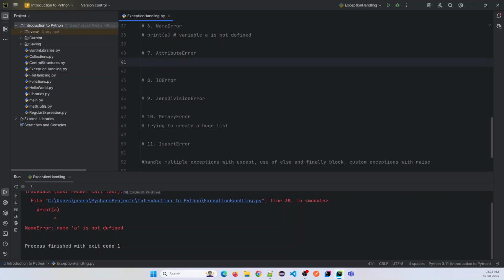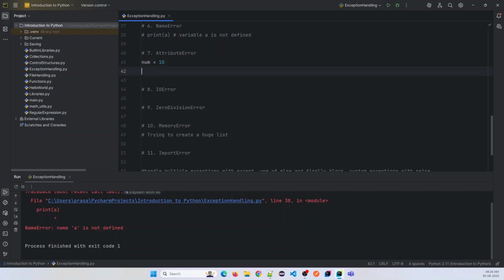Okay, so attribute, this we have not covered yet. I mean, we have an attribute for the class, we have a method for the class, and if we try to use that, which does not exist in your class, then you will get an attribute error. Let me give a small example. Let's say I have num equals to 10,